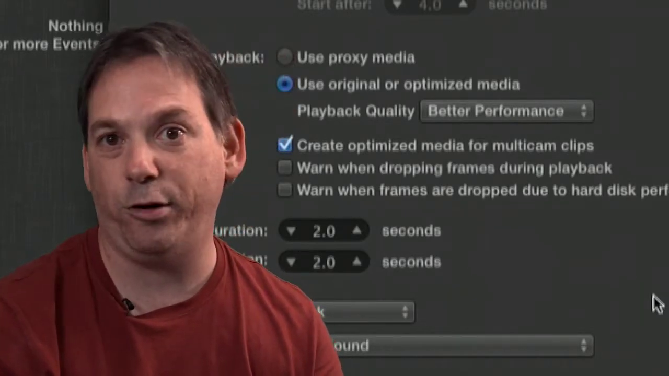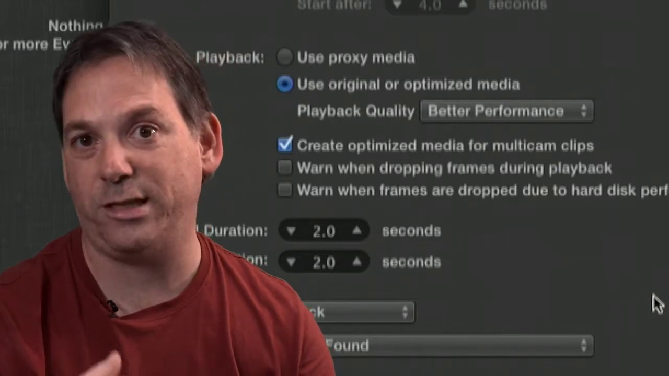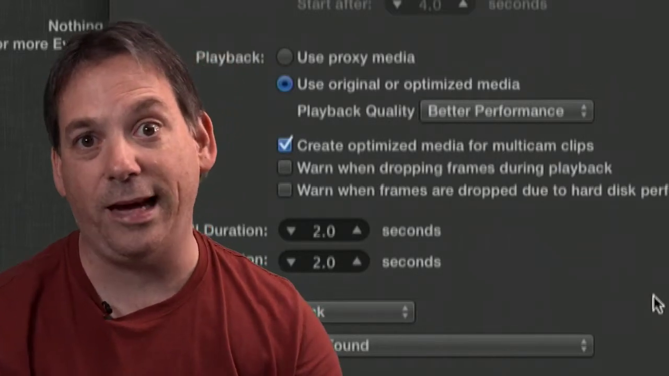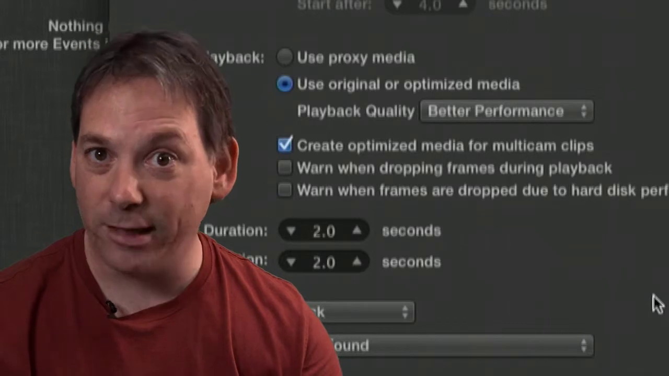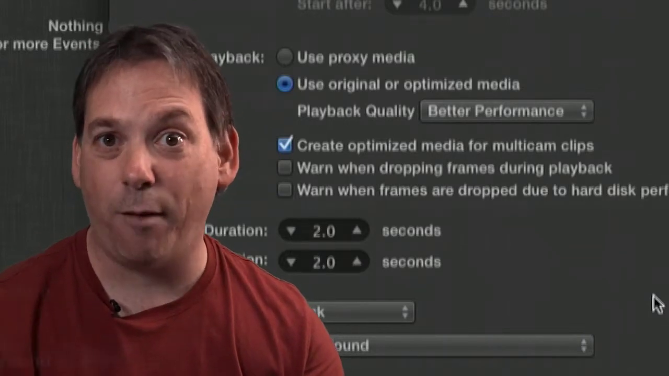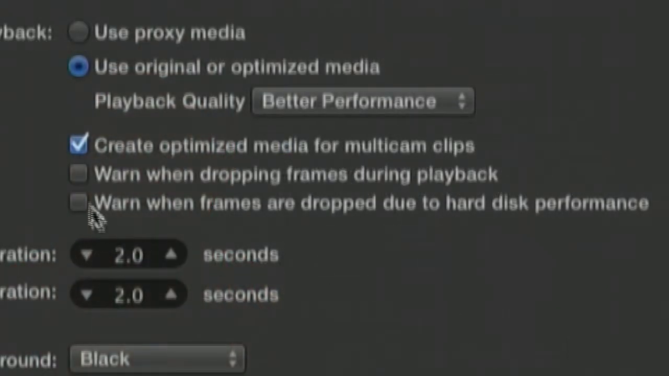If you leave it on, it will give you the warning. If you leave it off, it will just keep playing. But the important thing is on output. It will render all the content and it will output pristine. So there'll be no drop frames on content once you've actually exported the content out of Final Cut Pro as